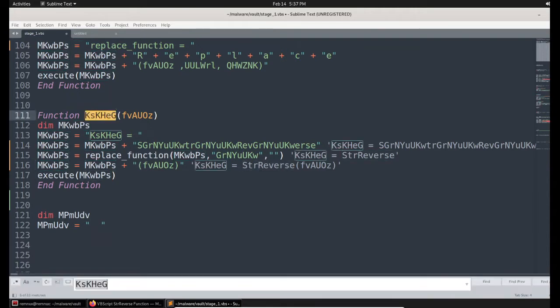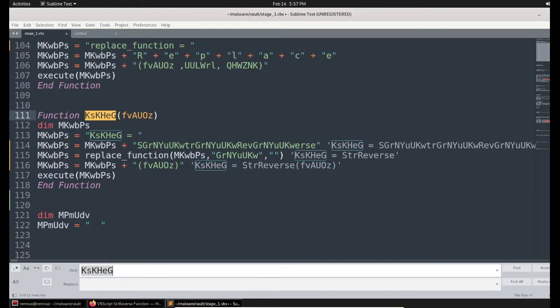So I can rename this function as reverse function. Once again, I am pressing Ctrl+F to search and Ctrl+H to replace in Sublime Text, and the replacement function name is reverse function, the name to be replaced, and it will replace all the occurrences.